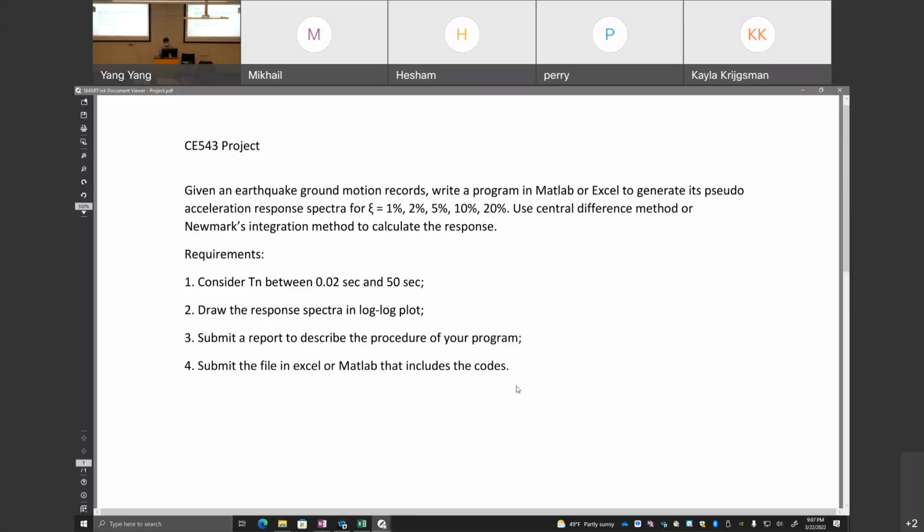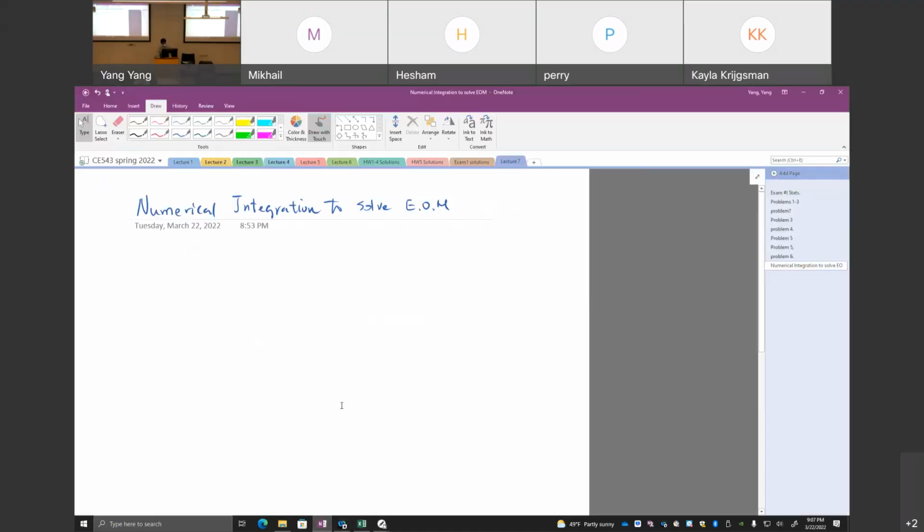A lot of very extensive data analysis there, and that's very important for nowadays engineers. So this is project 1, and that's why numerical integration is very important for you to be successful in this project. So tonight we will talk about